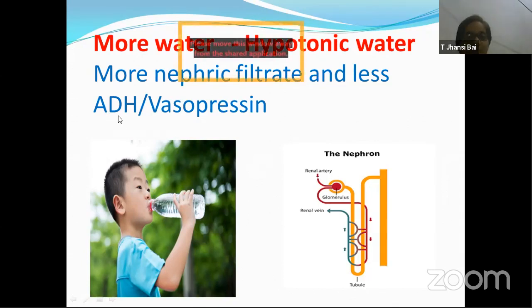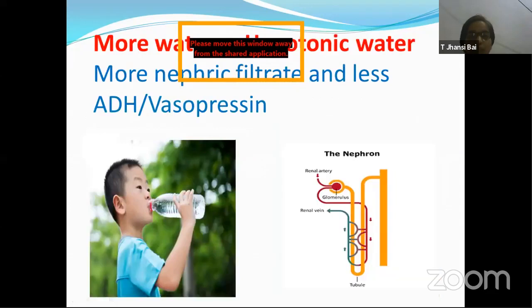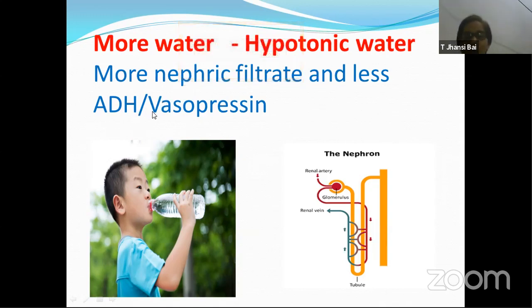Now let's try to understand with reference to ADH. What did you see over here? ADH was present, because of which the distal convoluted tubule and collecting duct took back water, reabsorbed water. But if you are taking a lot of water, then the brain realizes there are certain special cells in our body, which we call osmoreceptors, which try to understand the amount of water or the pressure of the blood and give a message to the brain. So when you take a lot of water, the brain understands, okay, a lot of water is present in the body.